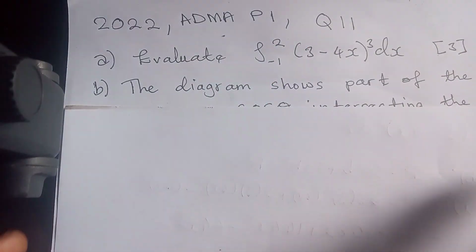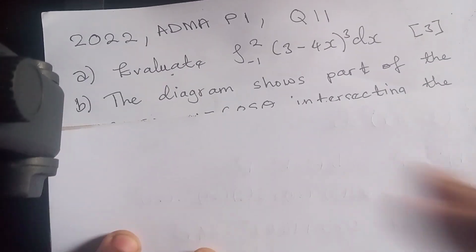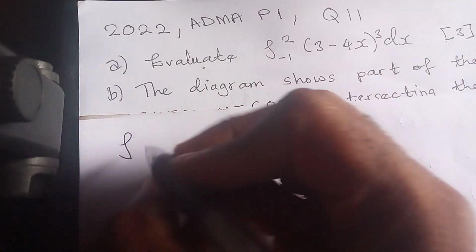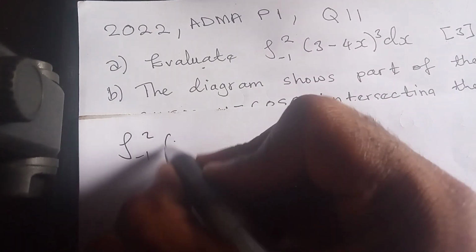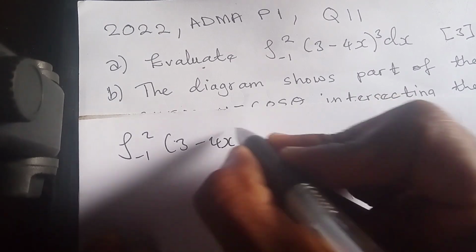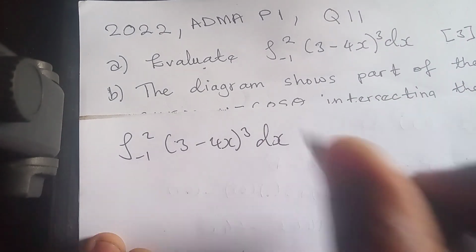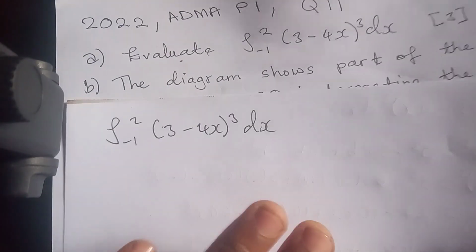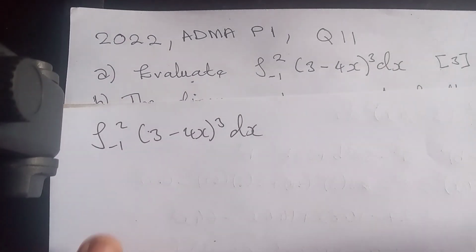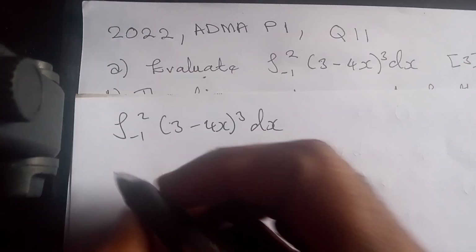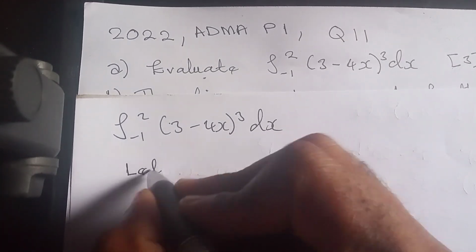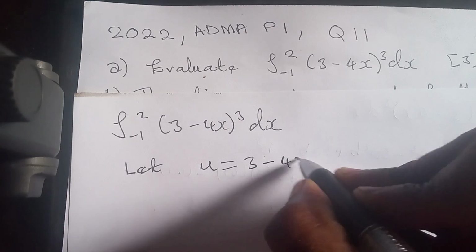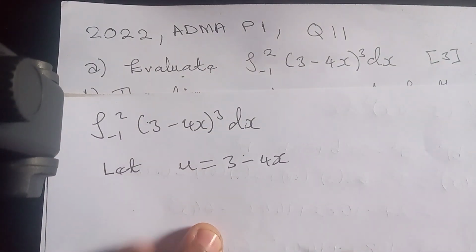So this is an alternative solution to this question. If you have this, and you don't want to expand this, you can just use what is known as the substitution method. You can just let your u be 3 minus 4x, and then